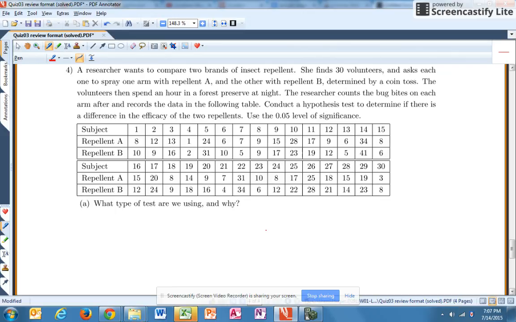So the first thing that we have to notice is that we have two samples. One sample is the data from repellent A and the other sample is the data from repellent B. However, these two samples are not independent of one another. If I enter you to be in the study and I spray one of your arms with repellent A, then you are going to be in the study for repellent B as well. So